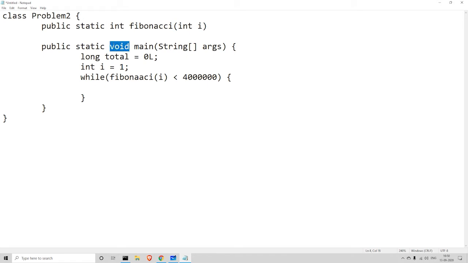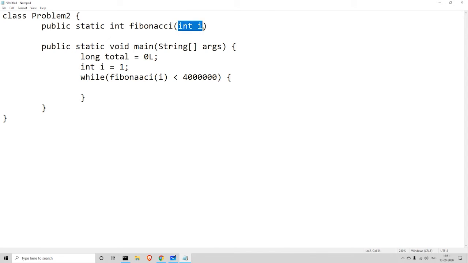Now when you say void, it means that it won't return any value. You can think of a function like a box. You will give it a value, and the given value goes in the parenthesis. So you give this int i inside the box, and what you'll be getting back is specified here. What data type is that return value? When you say void, it means that it won't return anything. When you say int, it means that it will return an int variable.